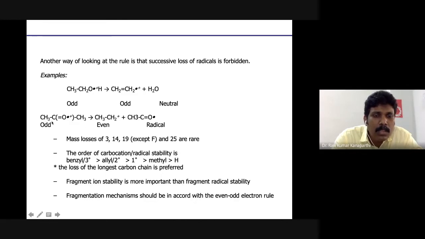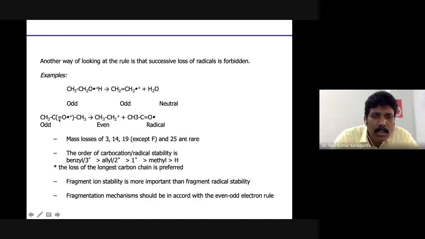Similarly, with regard to acetone, again the C double bond O, acetone. This is CH3COCH3. According to the representation, when you are representing the molecular cation, it should be positively charged, and then the radical notation should be kept on the double bonds and heteroatom. So since we have a heteroatom, we should keep that.